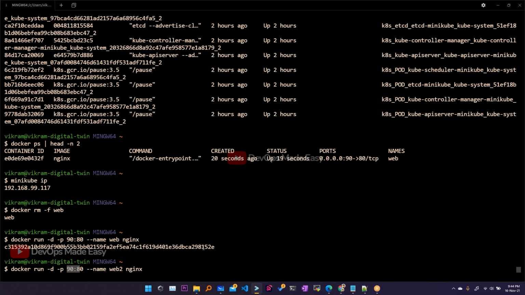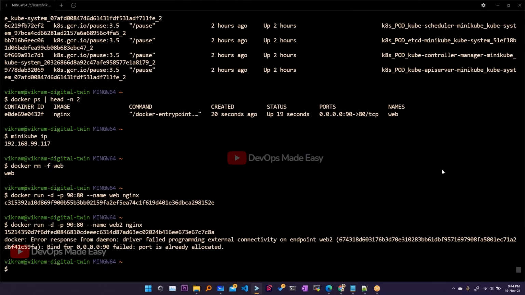And if you try to enter, see here, what is the response? Port is already allocated. That means one of the processes is exposed on 90. You cannot expose one more application on 90.